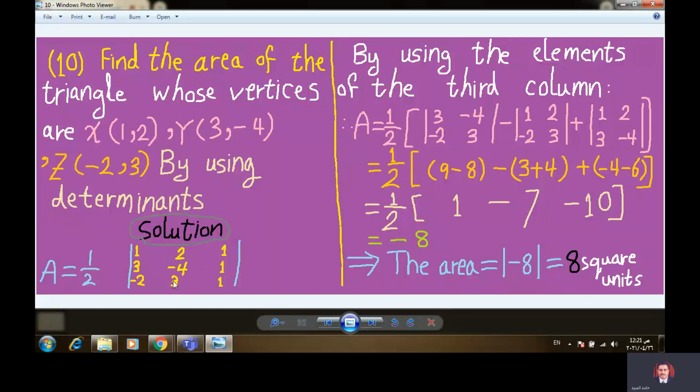Put them here in the second column. The third column consists of 1, 1, and 1 also. By using the elements of the third column,